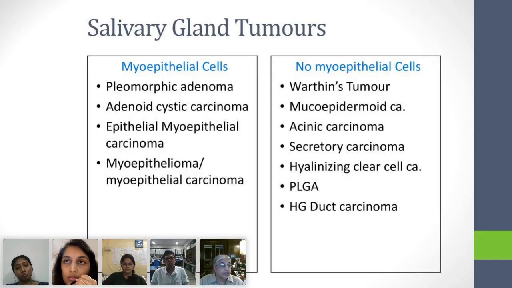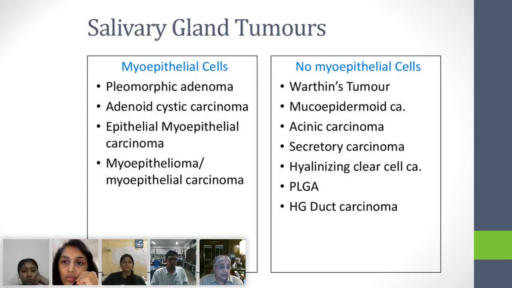That's very important. And I like to think of salivary gland tumors in this way: the salivary gland tumors that have myoepithelial cells and those that do not. And this is a short list because we don't see more than these kinds of tumors usually. Okay? So the epitome of a myoepithelial cell containing tumor is a pleomorphic adenoma, because you see all types of myoepithelial cell morphology as well as stroma.